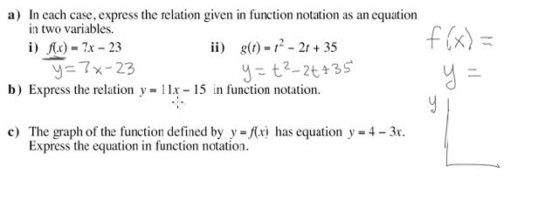If you want to switch this back to function notation, well, we already saw that y and f of x mean the same thing, so where the y used to be, you can instead say f of x equals, and then just copy the rest. No problem. And if the graph of a function has the equation la la la, we can write that in function notation the exact same way. Where they said y, we can write f of x instead. 4 minus 3